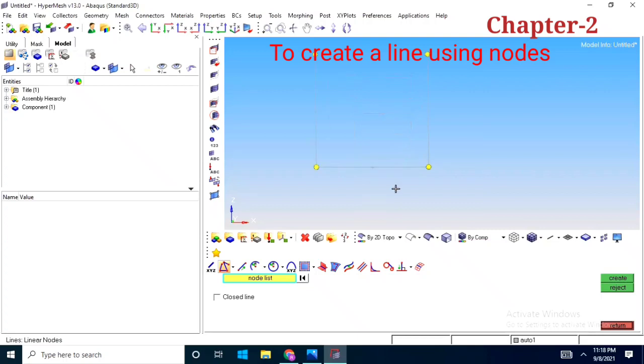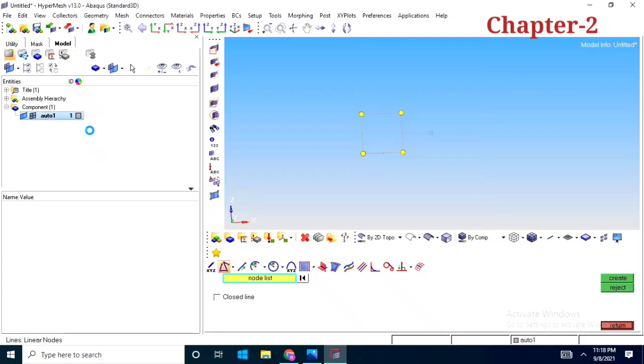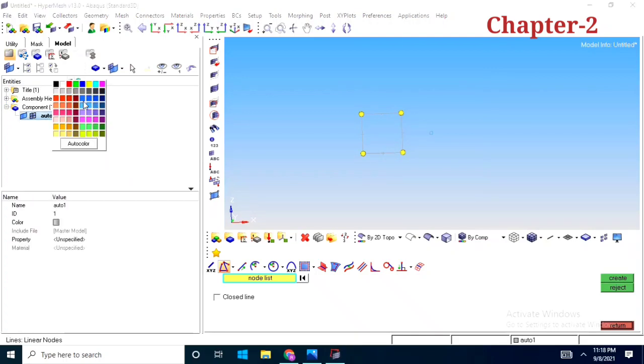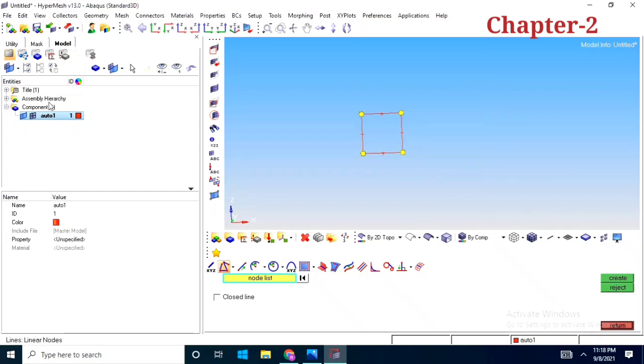Okay, you got here. Okay, component color we can change so that it will be better visualization. Okay, so now you can see these four lines are created here. Now this third option is